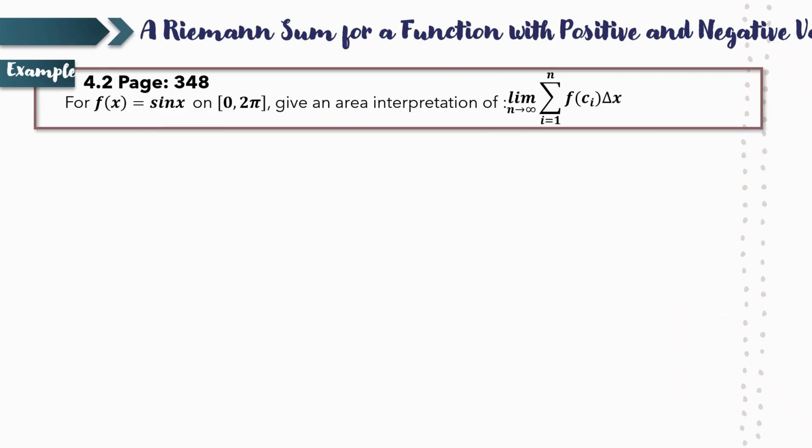Here they ask to give an area interpretation of this particular limit. You all know limit n tends to infinity sigma i equal to 1 to n f of ci delta x is the same as your definite integral a to b f of x dx. Here, a to b is nothing but 0 to 2 pi. Please note your calculator should be in radian mode. And then when you give sine x dx,